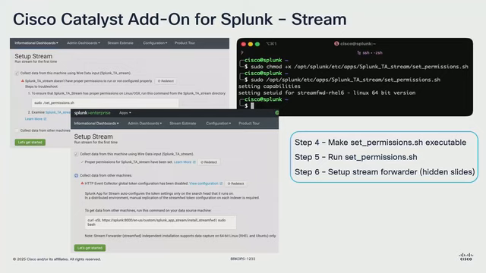All right. The other part that you'll get when you run through the Stream app is that I need to fix permissions. If you're not familiar with Linux, it's just a matter of making the file executable so you can run it. You run the application, and then you end up with this screen on the bottom here. Now, I've found that the easiest way to get the NetFlow component going is to take this output and run it on a separate